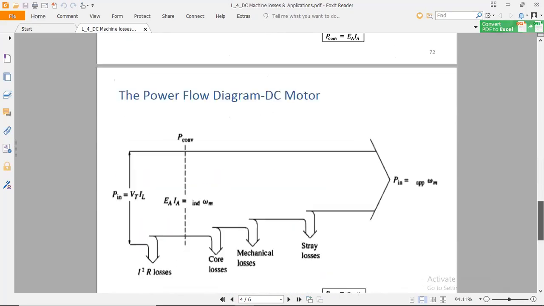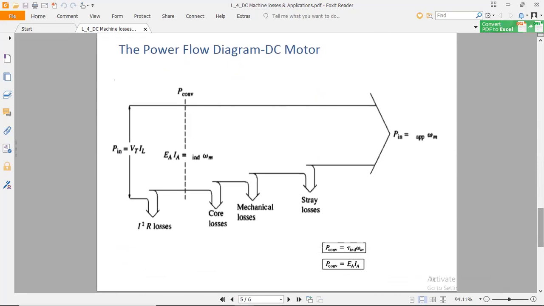And the power flow diagram of DC motor. Up till now, if anyone has any kind of query, feel free to ask. I will answer your questions. Please ask if you have any query. Up till now I explained the losses, and one person asked how we can reduce or eliminate the losses in the DC motor and generator. I tried my level best to answer, covering the construction aspect, winding, windage, and stray aspects. Now, if anyone has any query, you can ask. Otherwise, I continue the session.